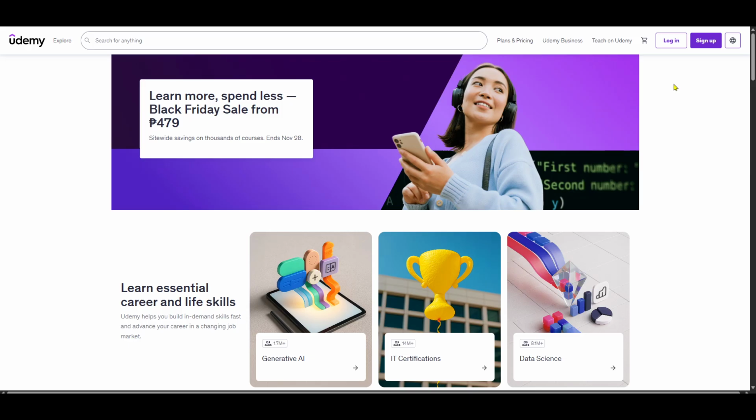Once you're on the site, look towards the top right corner of the page and you'll see the Login button. Give that a click. This will lead you to the login page where you'll need to enter your account details, your email and password to gain access. If you don't have an account yet, take a few moments to create one. Trust me, it'll be worth it for all the great content you'll have access to.